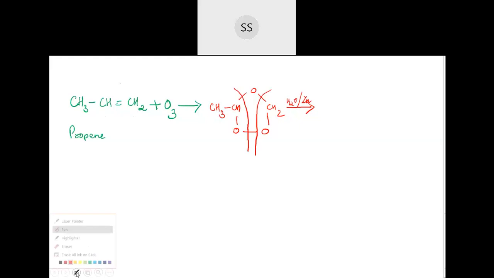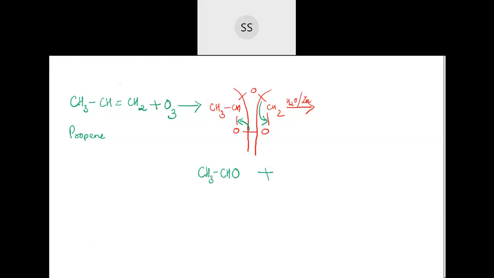This is the easiest way I can tell you because you don't have to study the mechanism. It's very complicated. So instead of that, we do this and then we write the product. So you can break this down now. This bond, but remember that you're going to write double bond here. And this bond I'm taking on this side. So your product will be CH3, CH, and then double bond oxygen. So you can write CHO. It's understood, no? It is aldehyde.